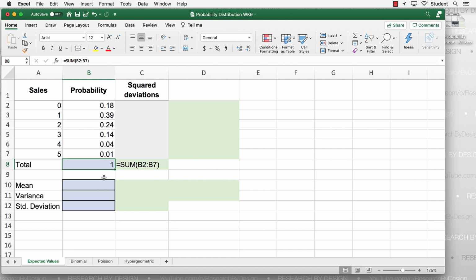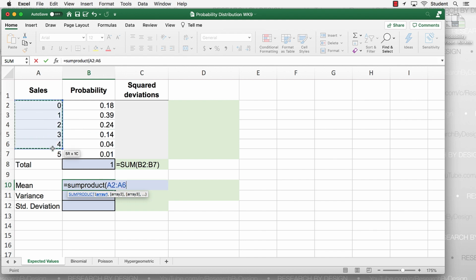Now we're going to create the mean. In cell B10, we're going to use the SUMPRODUCT formula. So it's equal sign, SUMPRODUCT, open parentheses. Our first array would be A2 to A7, and our second array is B2 to B7.